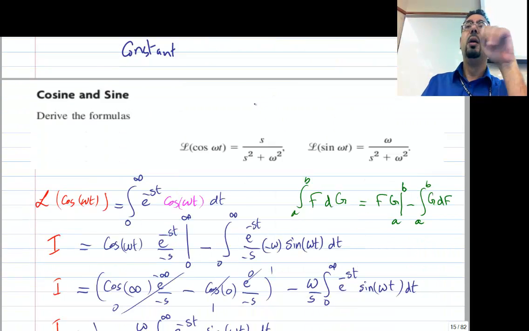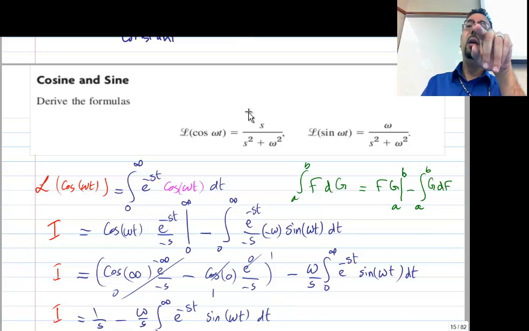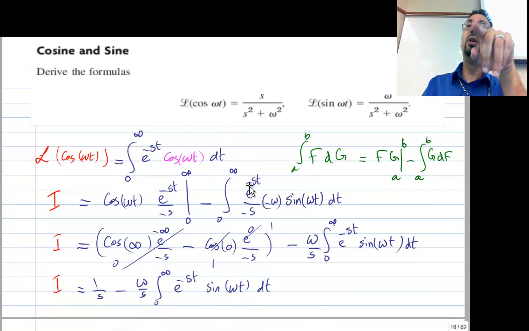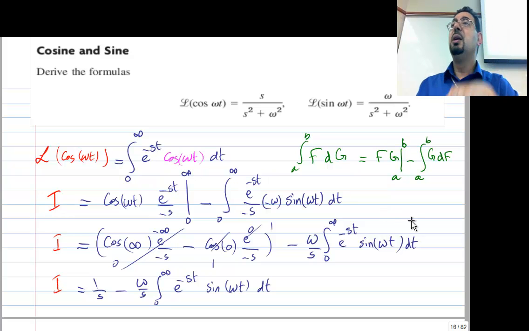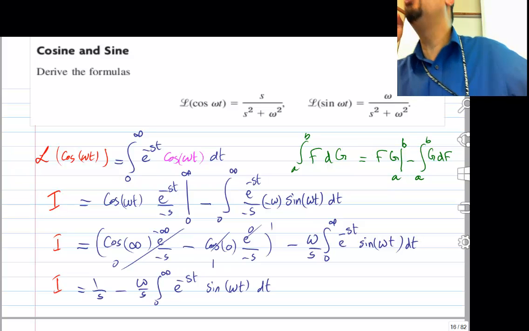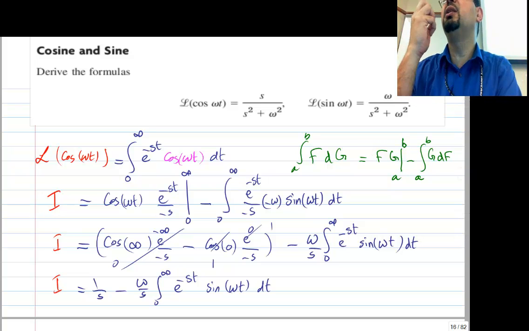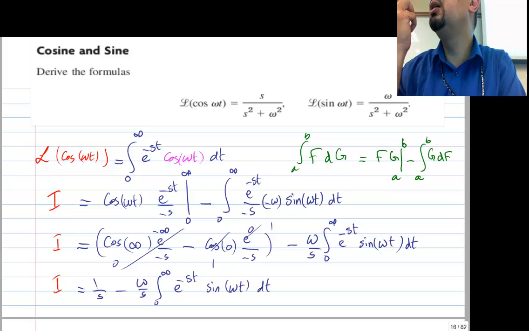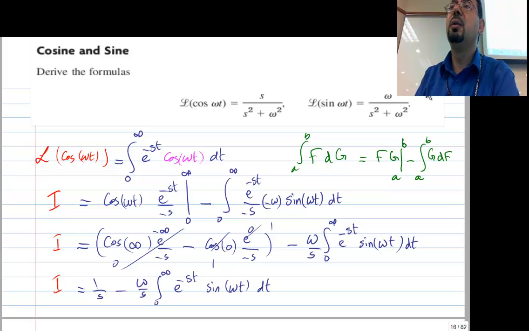Alright. So here is the proof for the cosine. I will save you the agony, because he's basically doing it by parts. Remember, when you're integrating e to the minus st multiplied by cosine omega t, how do you do that integration? Integration is not as easy as differentiation, right? Anything can be differentiated, but for integration sometimes it's hard. So I'm trying to remind you of the